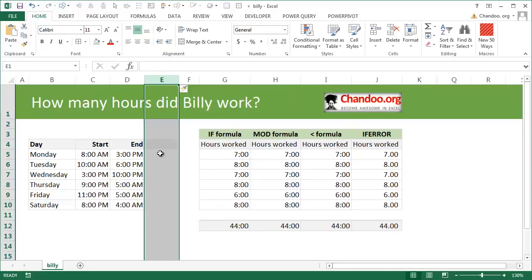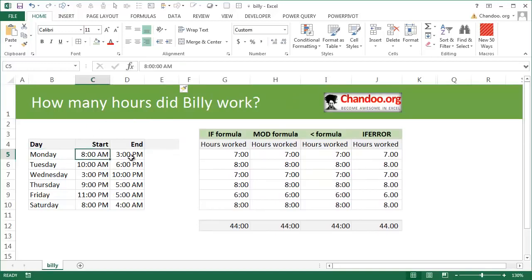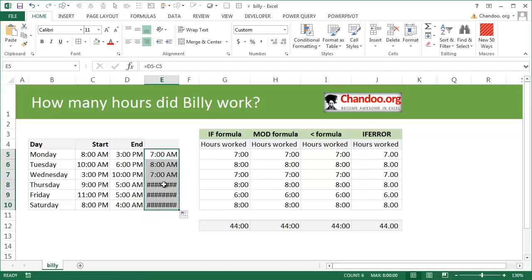I'm going to insert a column here, and for the time being, ignore that section. We are looking at various start and end times. Now Billy started at 8 a.m. and ended at 3 p.m., so obviously the difference would be that minus that, which, if you format it in hours, will be 7 hours. Okay, and if you start dragging down, somewhere along the line you start seeing these bunch of hashes,